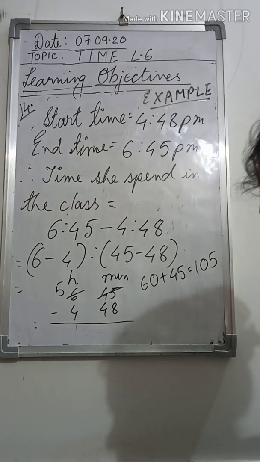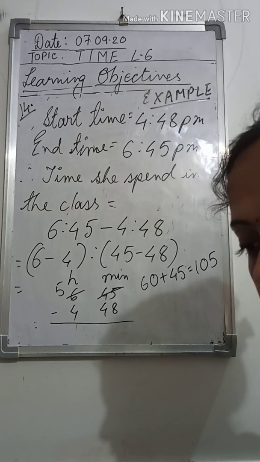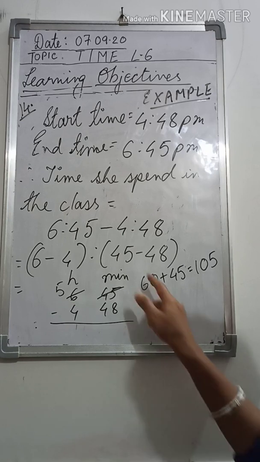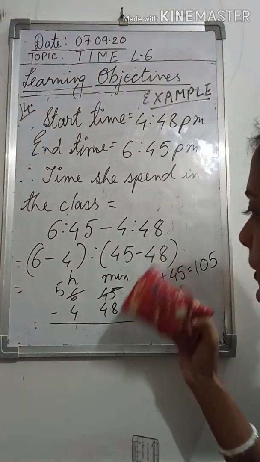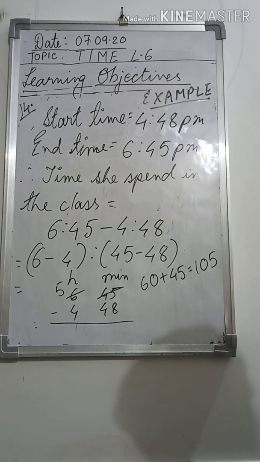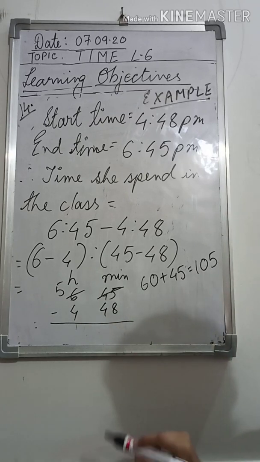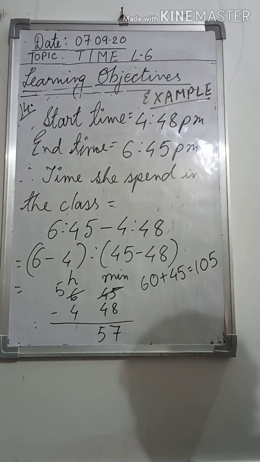Now you can easily subtract it, isn't it? So if you subtract, how much will you get? Can you tell me how much you will get? Okay, or we can do a thing. Just copy up to here. First you copy up to here. Okay, so done. Now 105 and 48 you subtract. How much do you get? You get 57. Okay? Subtract it and see.